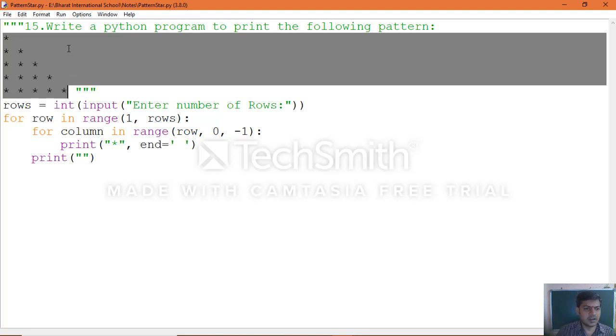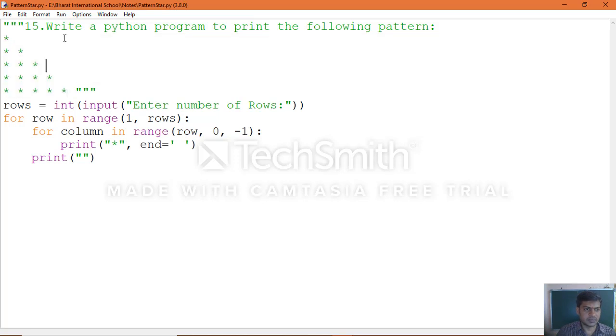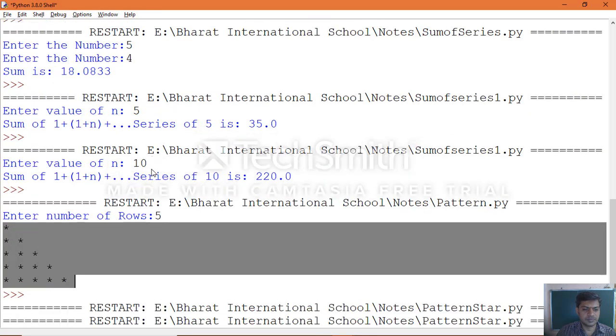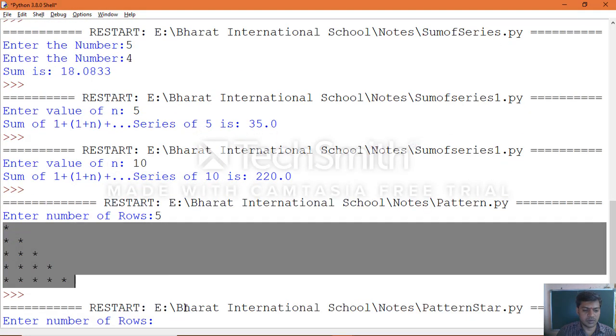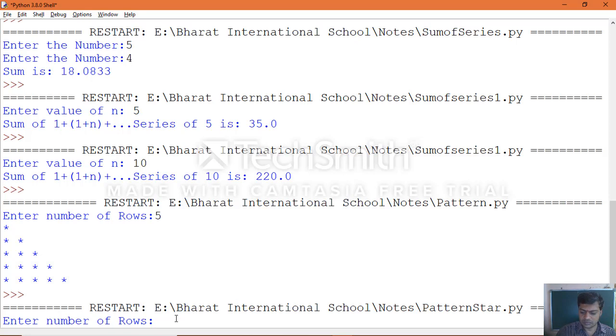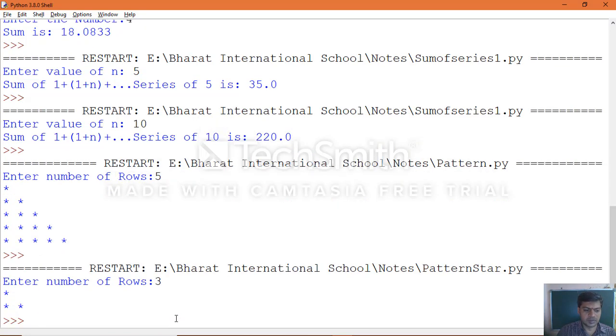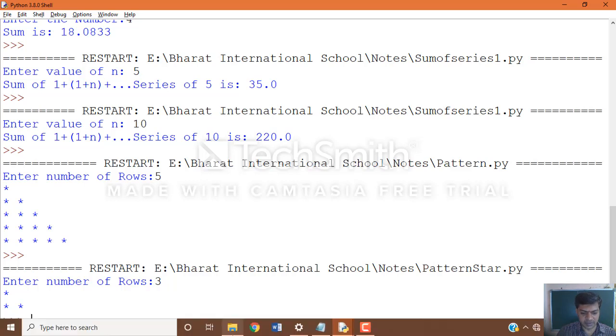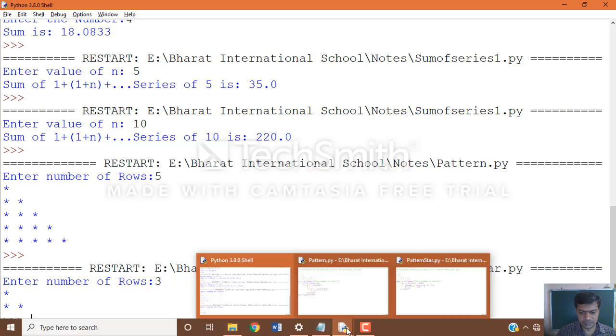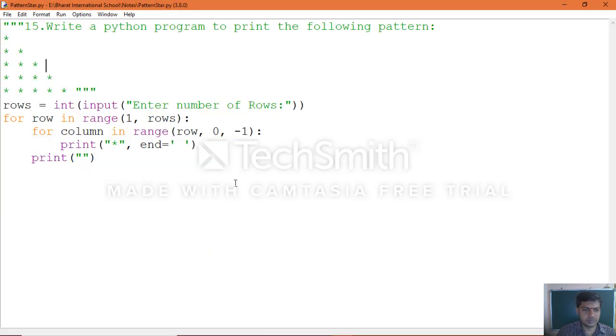A different way of logic which we applied. Save the application again, click run module. Give the number of rows. If it is 3, which means n minus 1 will take place there. So when you give rows as 3, up to that number will not be taken.